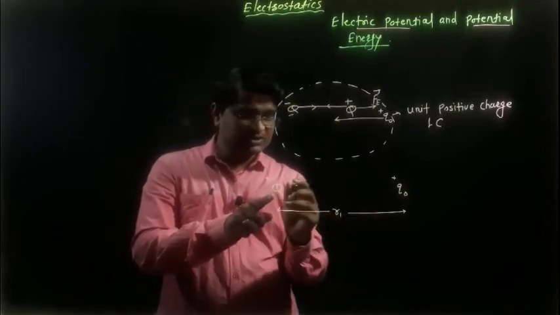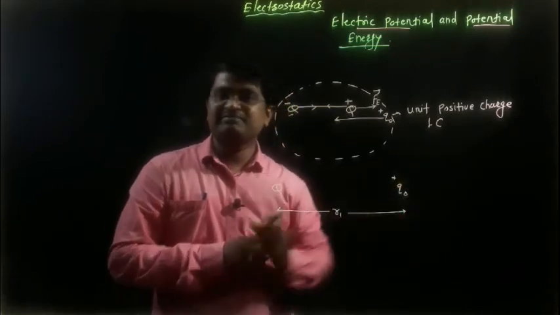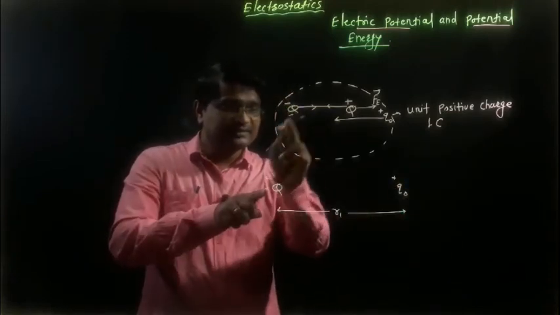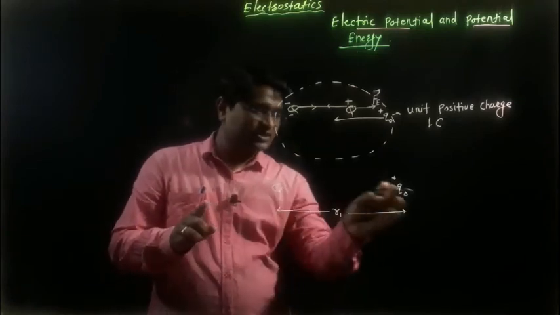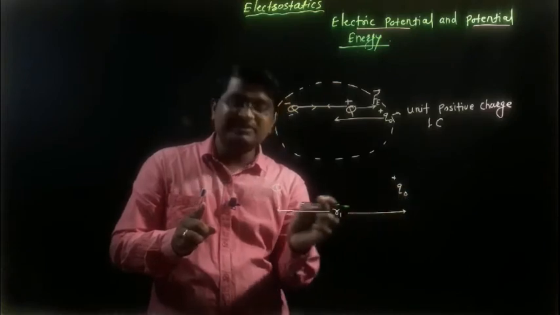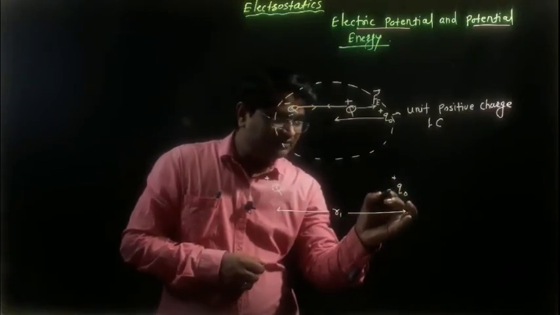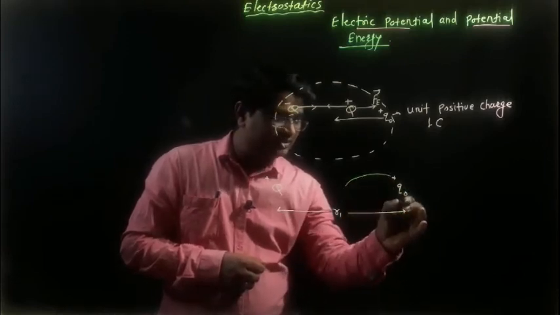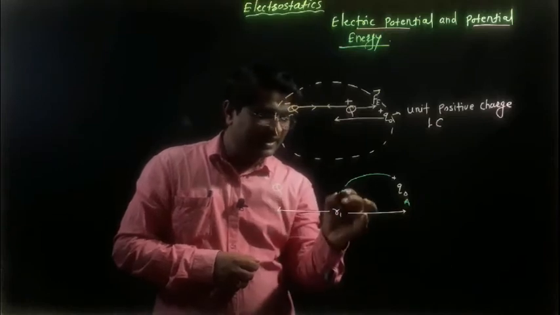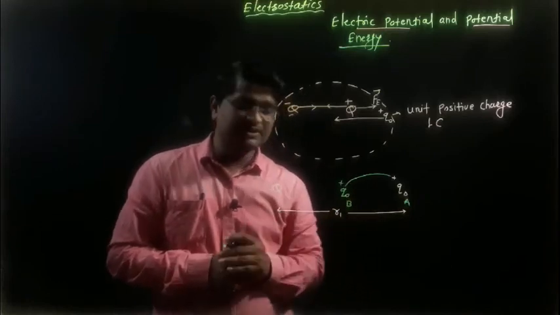So what happened then? There are two positive charges, which means simply this unit positive charge will be repelled. But here this negative charge will be present. Through this negative charge, the unit positive charge is normally attracted towards it. Just imagine that this unit positive charge is attracted, moves and reaches here. So imagine this is the initial position A, and it reaches here, which is denoted by the final position B.